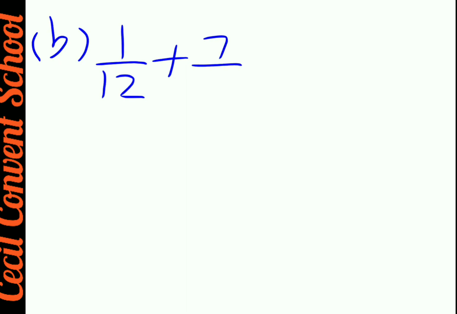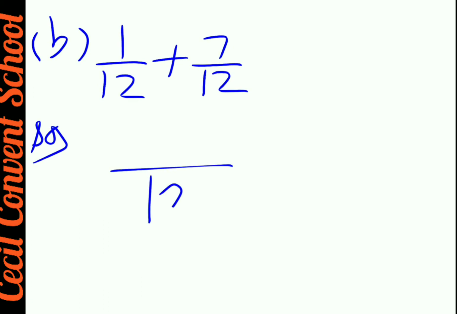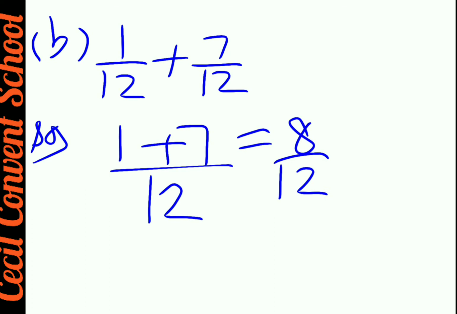Clear? Now we do B part of it. It is the same as A part. 1 upon 12 plus 7 upon 12. Now see, the denominators are the same. When the denominators are the same, then the LCM will be 12. Means which number is given two times, we will write only one time here. Clear? Now the numerator we will add, 1 plus 7. The answer will come 8 upon 12. So 8 upon 12, you can cut also, but we are not doing cutting here. You write the answer directly. So the answer will be 8 by 12.